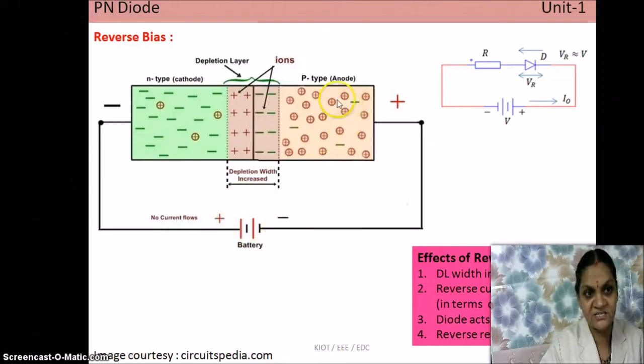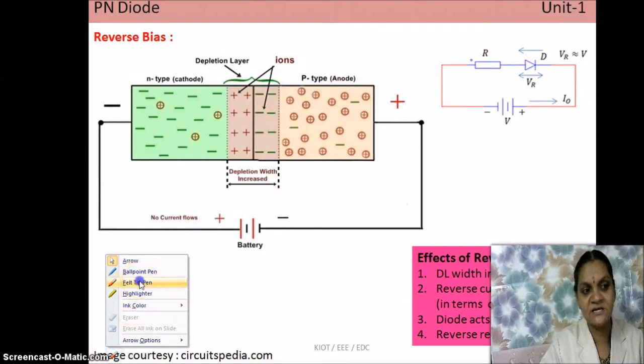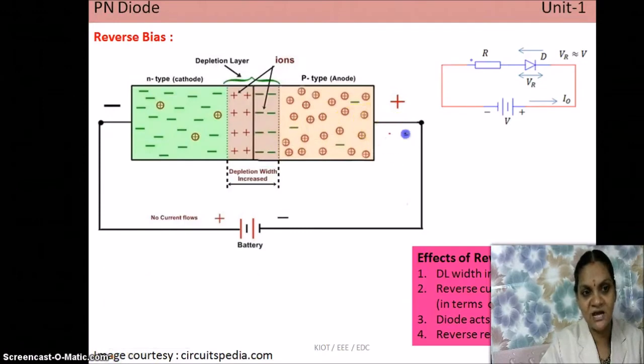majority charge carriers here in p-type are holes. So these holes are positive charge, battery terminal negative, so opposite charges. So all majority charge carriers start to move towards the negative terminal of the battery. That is, holes start to move towards the negative terminal of the